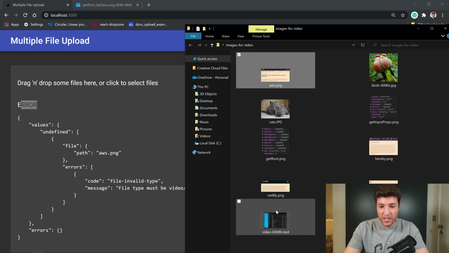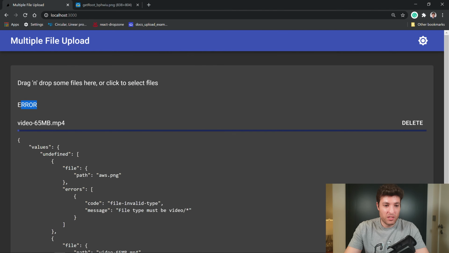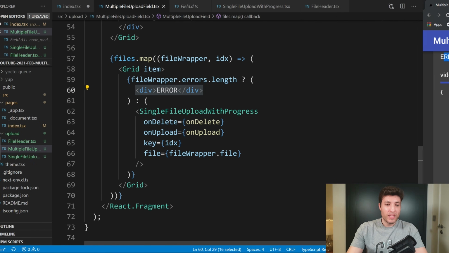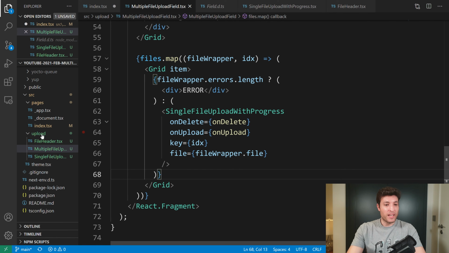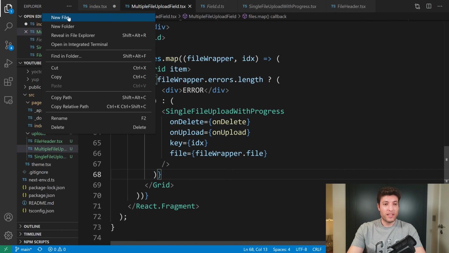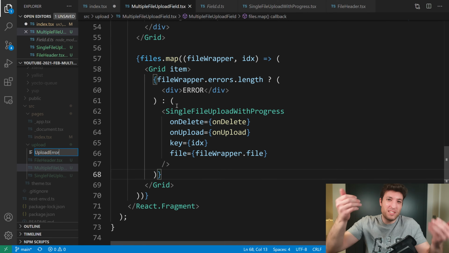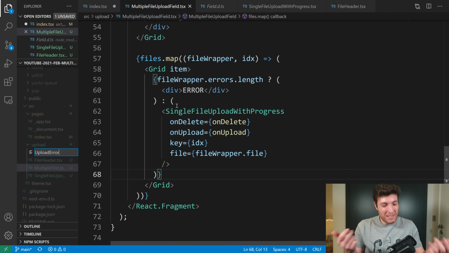If I come over here and upload this video, which is 65 megabytes, it's starting to upload, and that bit is good. Okay, let's come over here and create another file that we can call, for example, upload error, upload or validation error, whatever you want to call it. I will call it upload error, even though this is not an upload that failed. This is even before the upload was made. But in the middle of the video, I can't think of a better name, so I will go with upload